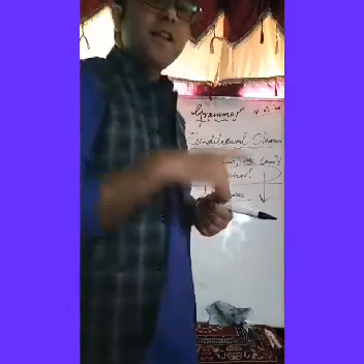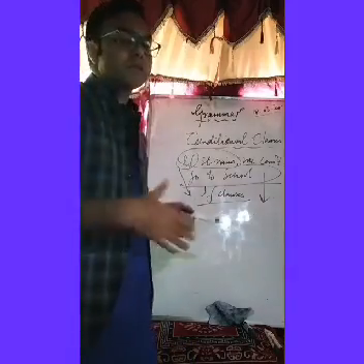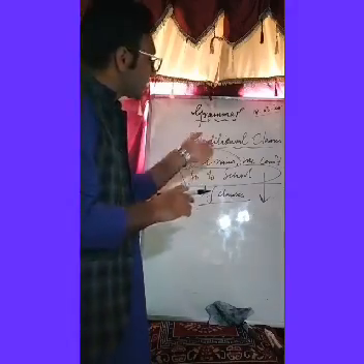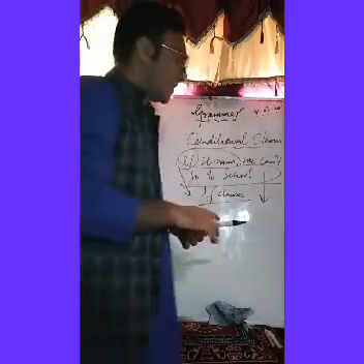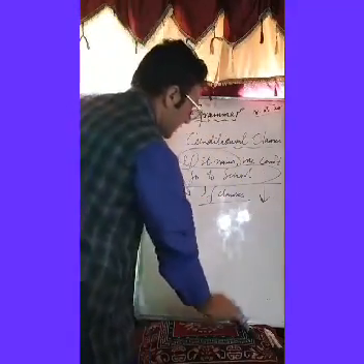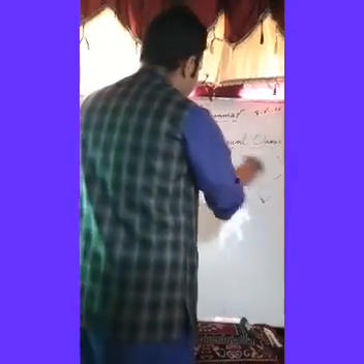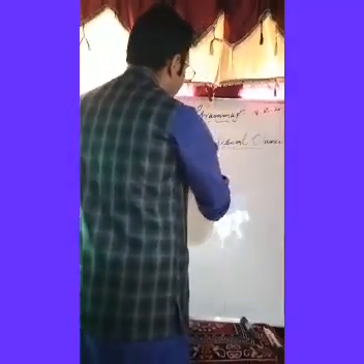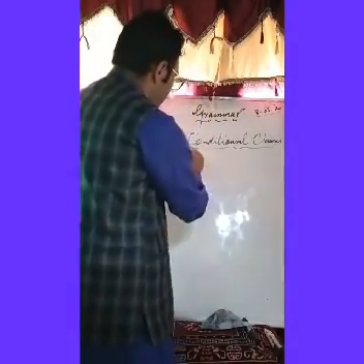Now let me tell you, we have 4 types of conditional clauses. I'm trying to be precise with the information. I cannot go into a detailed discussion of the conditional clauses because the video must be very short. But before discussing the 4 types, let me tell you, we don't make conditional clauses only with the conjunction if. We have other conjunctions like suppose,